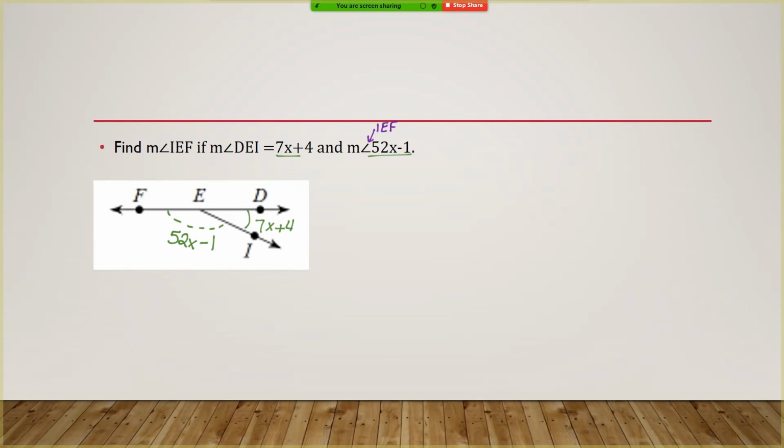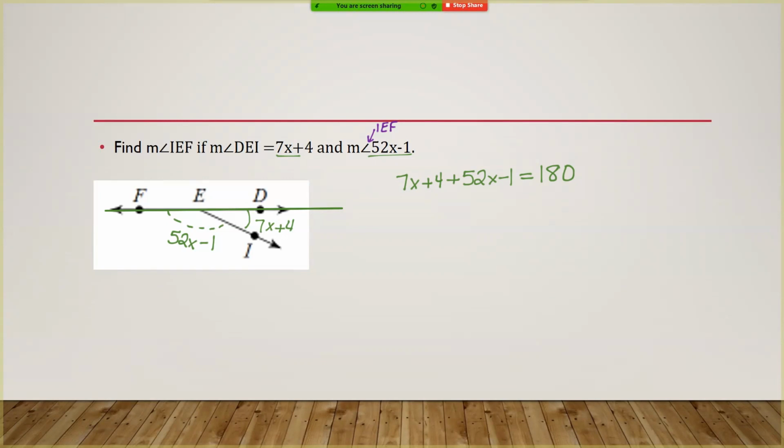So to do that, we're going to use the fact that when we add these two angles together, they form this straight line here. So we have a straight angle when we add them together, which means they are supplementary angles. So if I take these two angles, 7x plus 4, and I add the other angle, 52x minus 1, they've got to add together to give me 180 degrees. Again, I know that because they form a straight line, which we call a straight angle, and are therefore